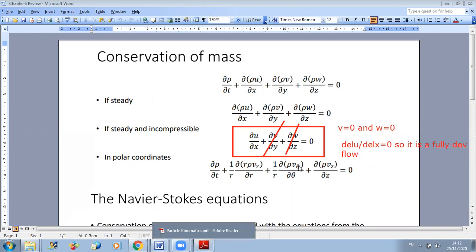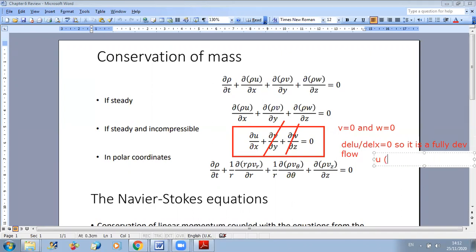It's true that from this you can conclude u is a function of y and z, but then you will say since I have an infinite plate, u will be independent of z, so it will only be depending on what? Because it's infinite, I don't have any restriction in the z direction, so it will not vary in z. It will only vary in the y direction. So I deduced from this that u is only